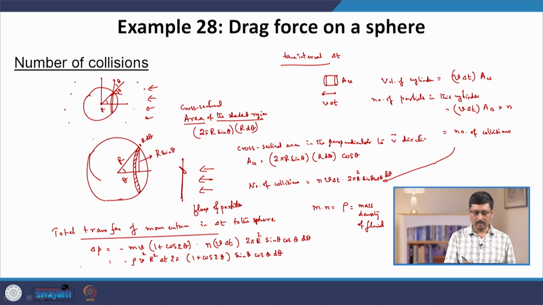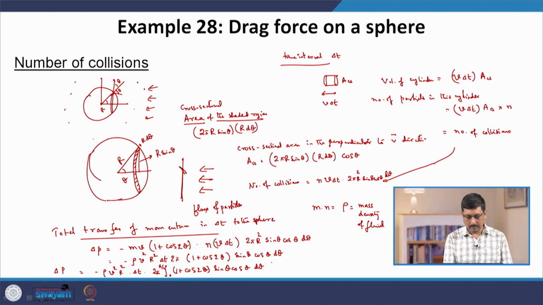Then this theta can vary from 0 to pi by 2. So, then we have to integrate over all possible values of theta, then we get... now note that this integral, we do not need to know the value of the integral to get the force, because now the force is